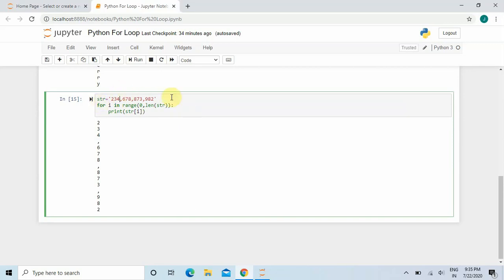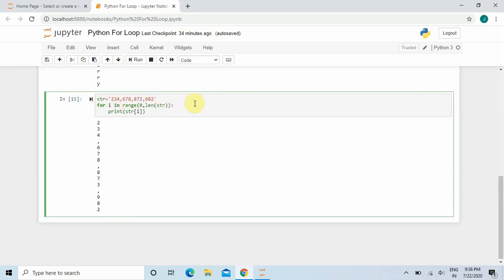Now if I want to print these numbers only, in a single line and without a comma, then what will I do? Suppose I want to print 2 3 4 6 7 8 8 7 3 9 8 2 in a single line, without the commas in between.